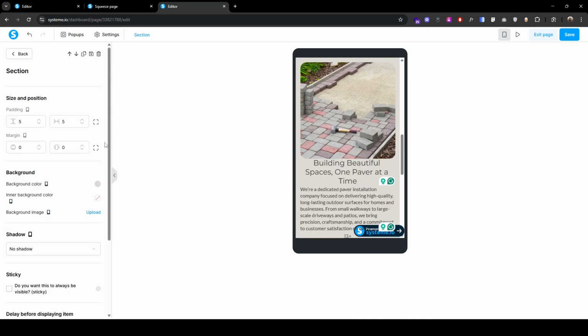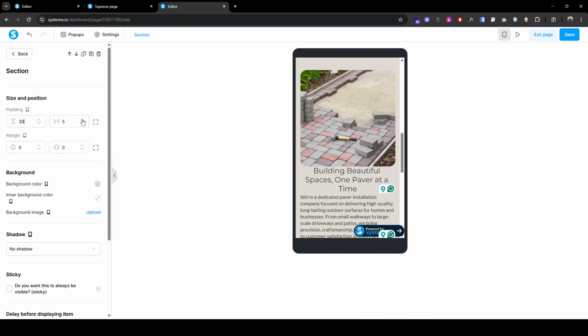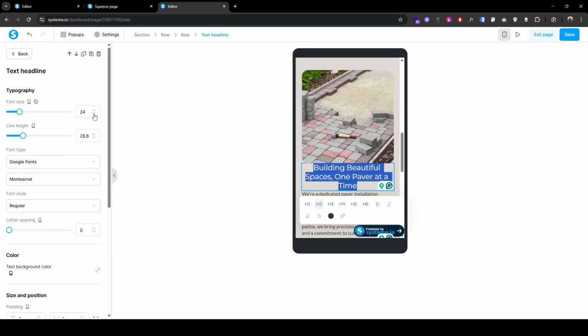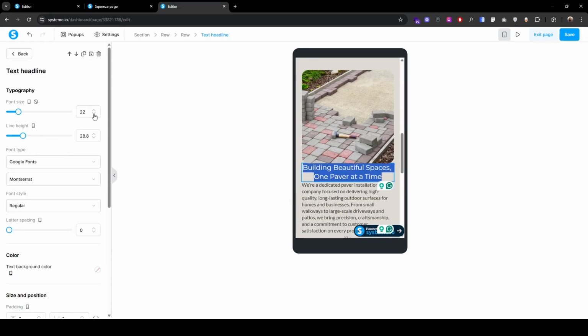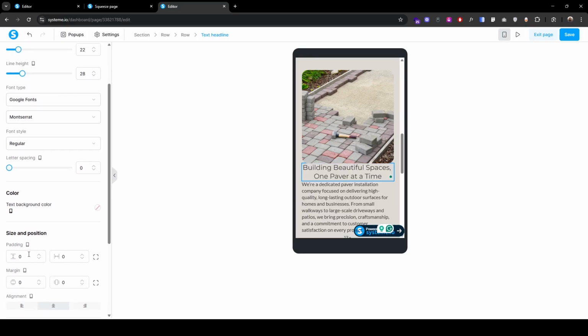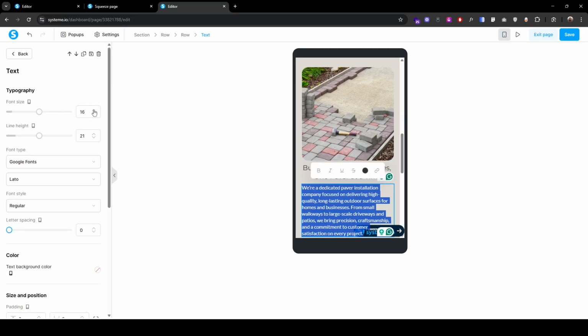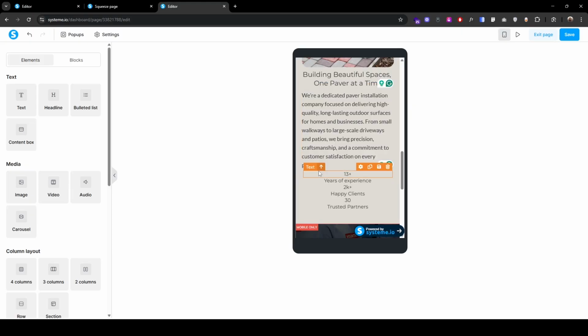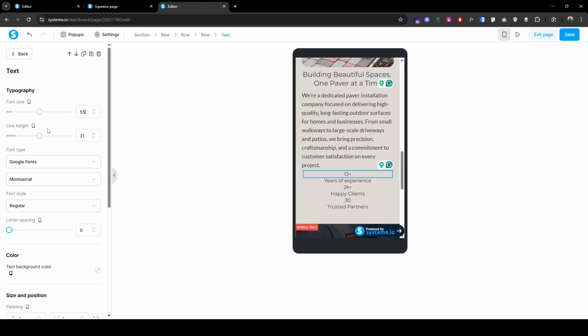Add some padding like 30, add some left and right padding, then click here, reduce the font size to 23 or 22, let's make it 28, add some top and bottom padding, I guess 10, then click here, increase the font size to 18, line height 28, then click this text, set the font size 55, line height I guess 65,